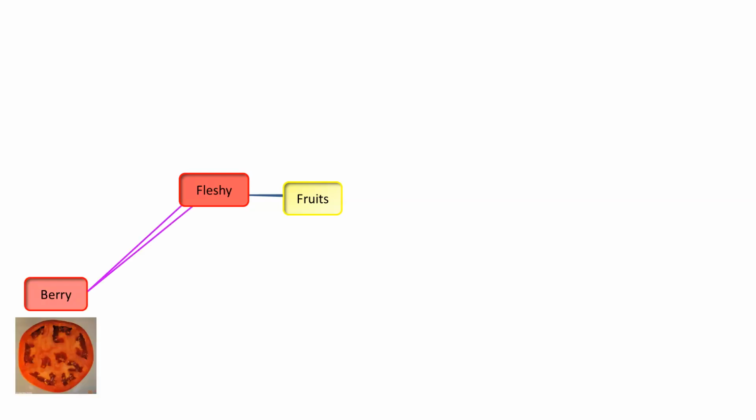When we talk about fleshy fruits, we can talk about a berry. A berry is a fleshy fruit that has seeds scattered throughout the inside of it. A good example of a berry is a tomato. We're not going to get into the difference between a vegetable and a fruit because in this class we very rarely talk about vegetables, because vegetables are really a culinary or food science description of what we're eating, not a botanical description. So tomatoes are fruits. Other berries would include things like green pepper and blueberries and grapes. So we do have quite a lot of berries, but a berry is a fleshy fruit with seeds scattered throughout.